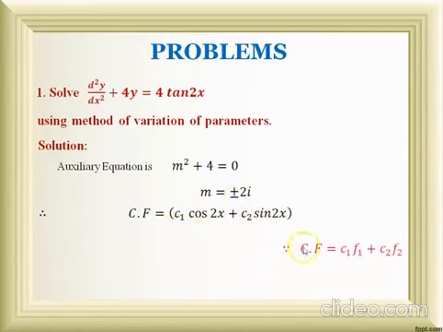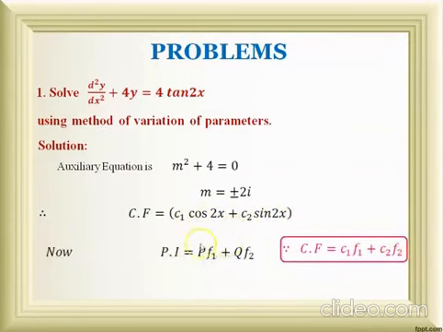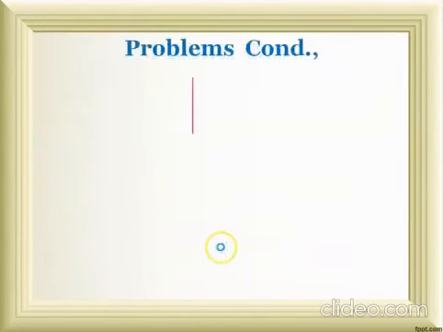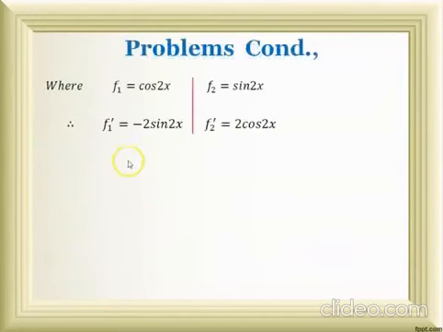So let us have it in the form of complementary function equals c1 into f1 plus c2 into f2. This is the formula. So here I have f1 value cos 2x and f2 value sin 2x. Let us move on to the particular integral. The formula is p f1 plus q f2. So I am finding the p and q values first. For that I need to find the Wronskian value. For the Wronskian, I need to know f1, f2, f1 dash, f2 dash, picking f1, f2 from the complementary function itself.